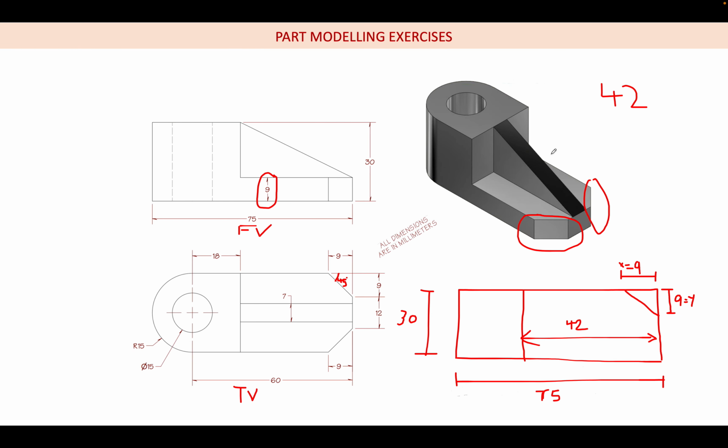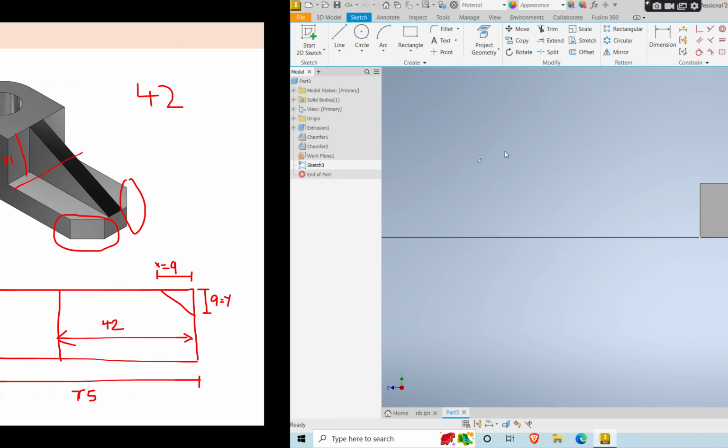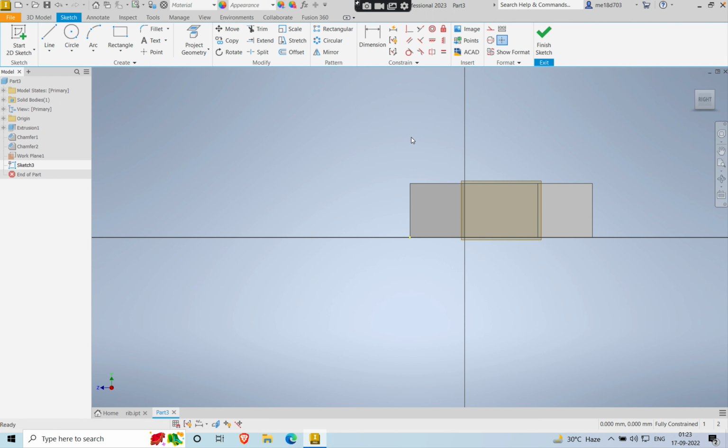So what should I sketch means I have to sketch the rectangle. So this rectangle, this width will be 30. So this will be 30 and the top height will be 30 minus 9, which is 21. So this will be 21. So 30 cross 21, I need to draw a rectangle. Okay. So rectangle,